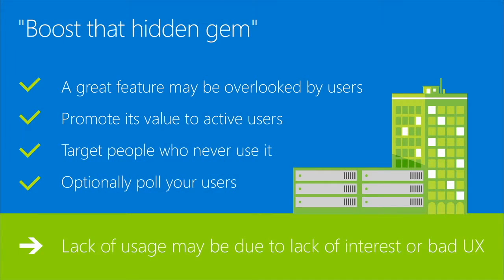The third scenario I wanted to share is boosting what we call hidden gems. We've seen many times customers complaining that they have that small feature, which is just a tiny icon in the app that delivers great value both for the user and for the app owner, but it's underused. So here we've seen several times customers actually creating specific campaigns targeted at specific features. So this is not really a tutorial. It's more about promoting a specific feature, sharing the value with the users to make sure that they use it and they become aware of it.